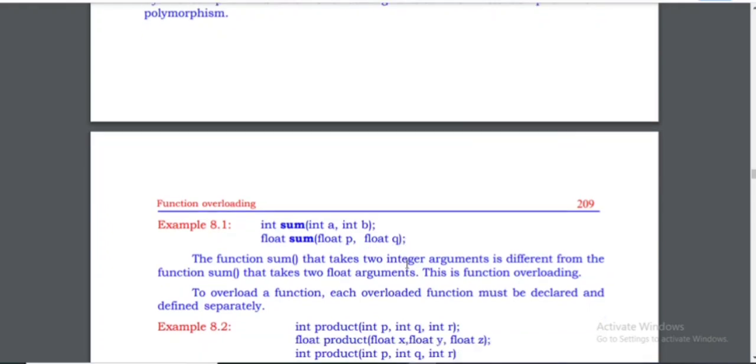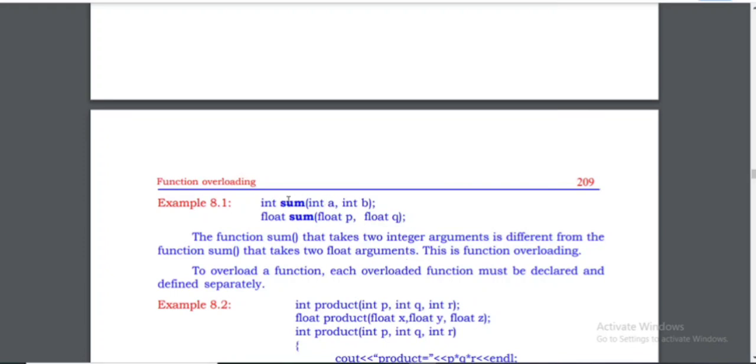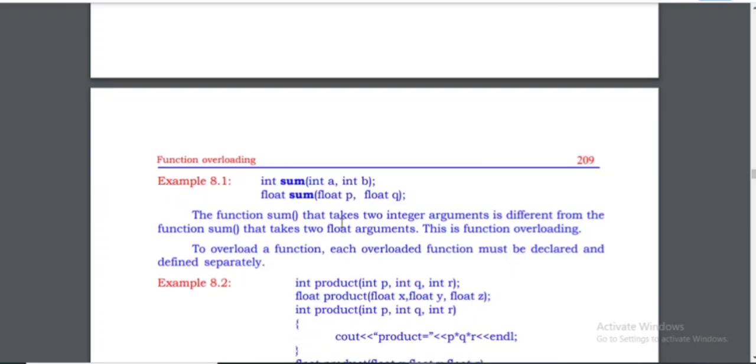So the main intention in function overloading is that the same function name must be there. So here we have the same function name, that is sum and sum. Okay, and the data type and number of arguments must differ. Here we have integer data type, here float. The number of arguments is two here and two here. The number of arguments and type of the arguments must differ. So now I cannot create float a, float b again, because already we have two floating point arguments.